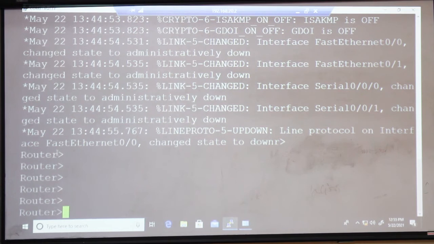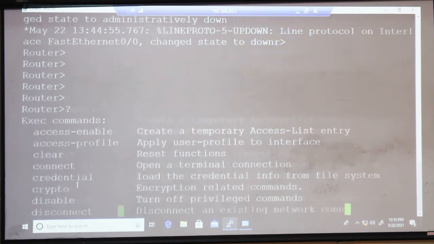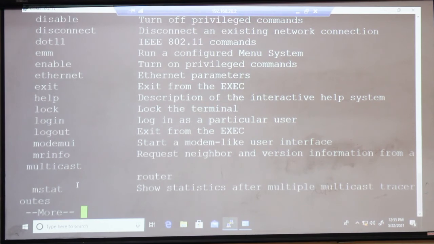You can see that the prompt is the greater than sign. This means it is the user interface of the router. If we want to check the commands, we can see a whole lot of commands which can be configured on the router.